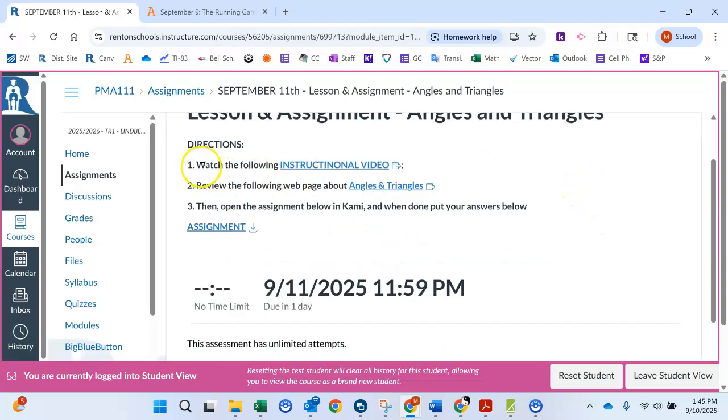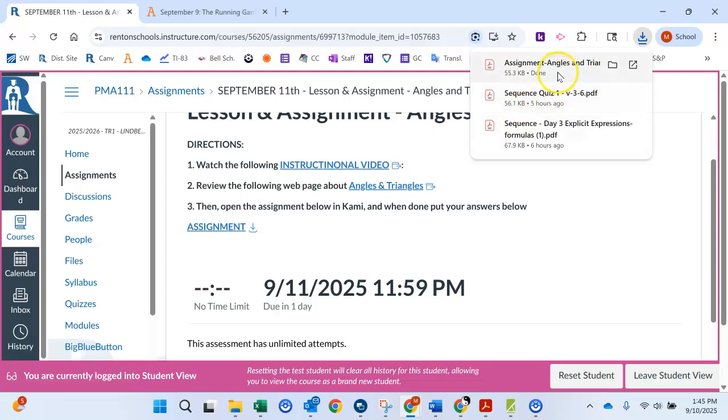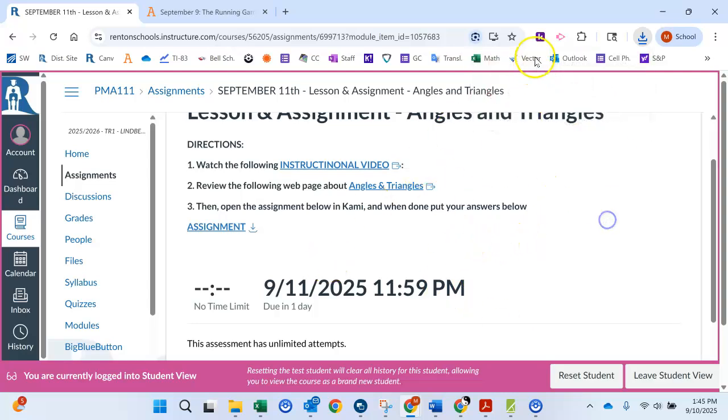Okay, so step number one, you're watching the video, right? So you've got the video here. Okay, good. The next thing is I want you to open the assignment into Canby. So go ahead and open it into Canby so you can mark it up, okay? You know how to do that, right? But remember, you need to download it, and then we're going to go to Kami, right? Kami,